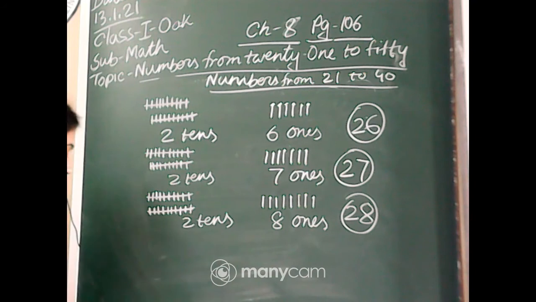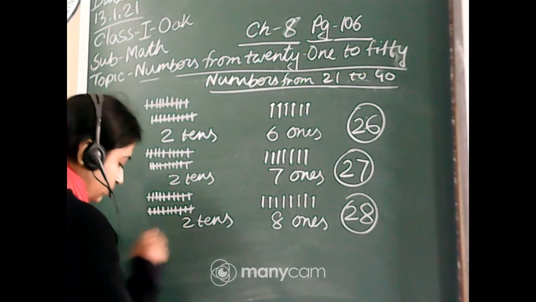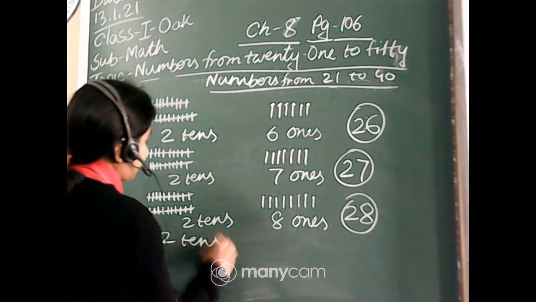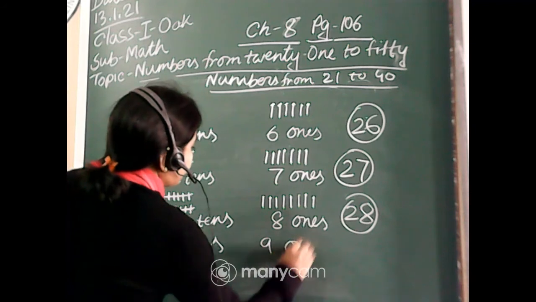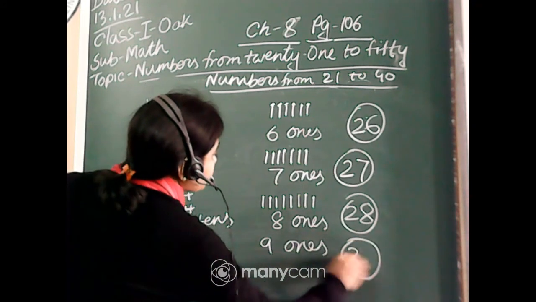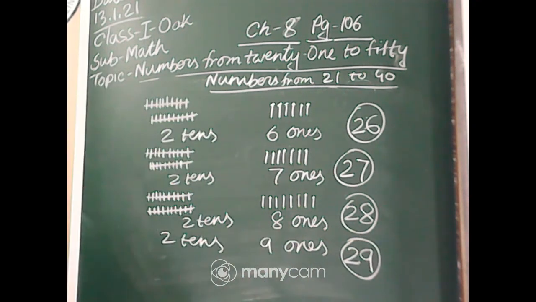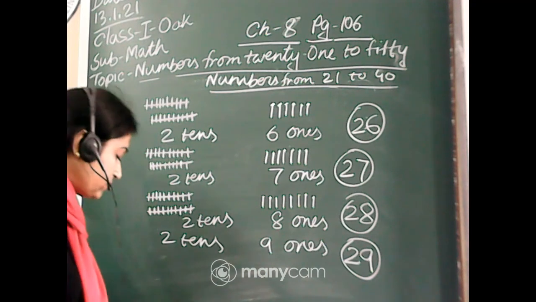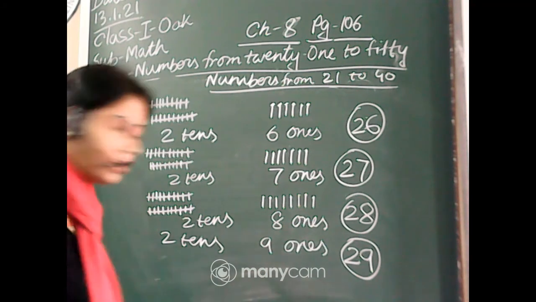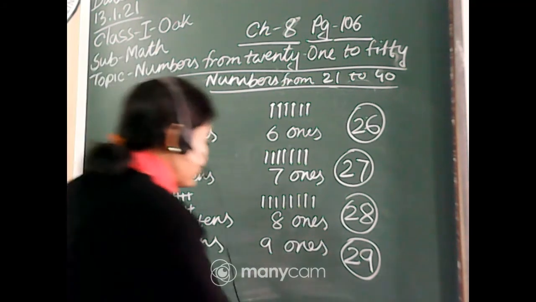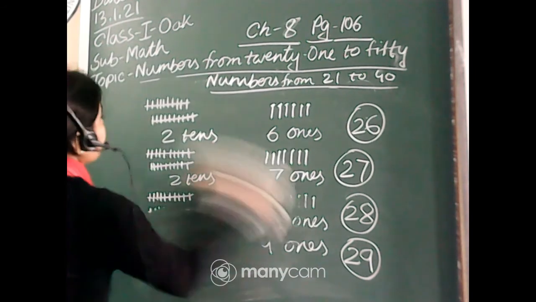Now the rest, 2 maths are already done in your book. 2 tens and 9 ones. What is the number? 29. No need to draw and no need to write anything. It is solved in your book. And the next one is 2 tens and